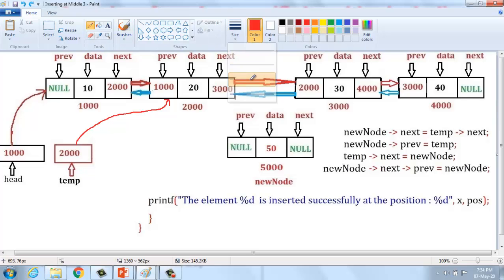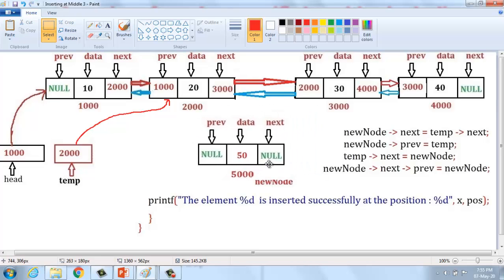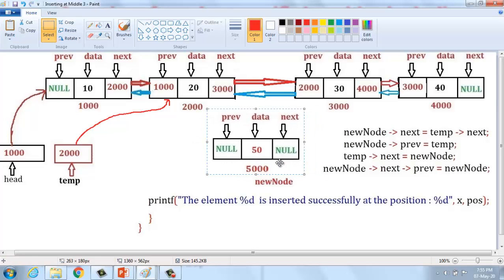I'm going to create a link from this location. Once again, this is the new node, and this is an already existing node.